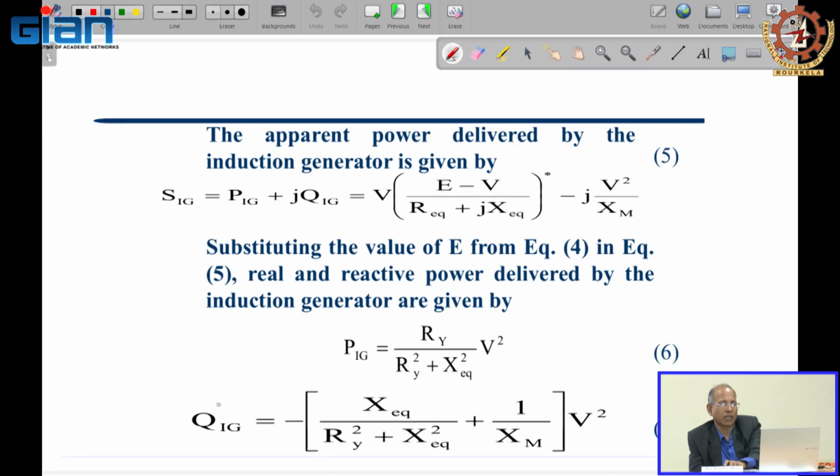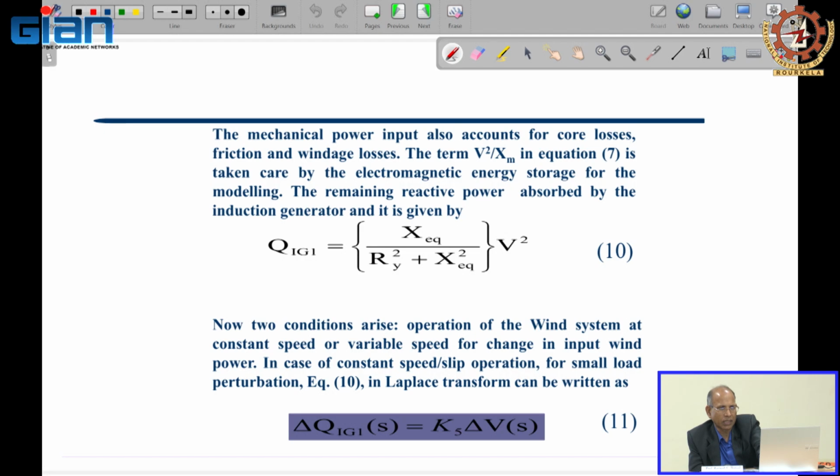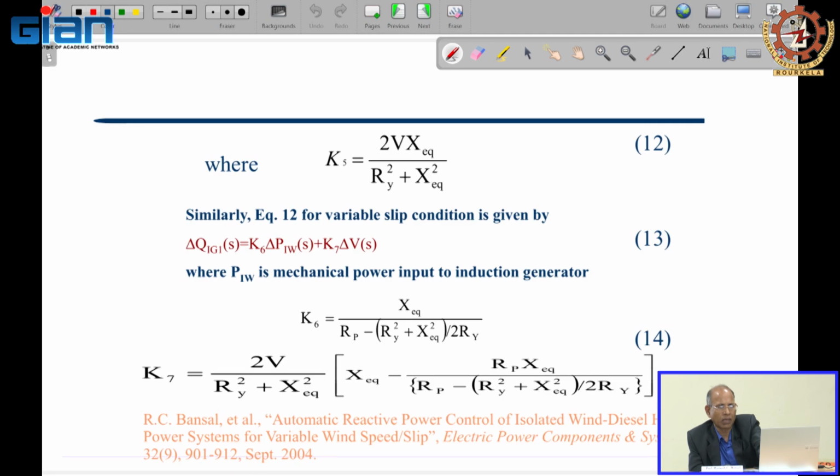So the reactive power required by the induction generator. Why is this minus sign coming? Because it will need the reactive power support. Okay. So here basically all this detailed modeling I am not discussing, but you can see that this modeling is quite complex, quite